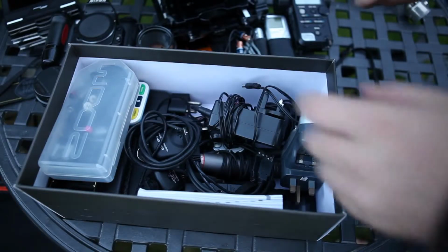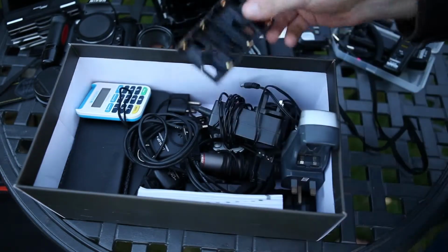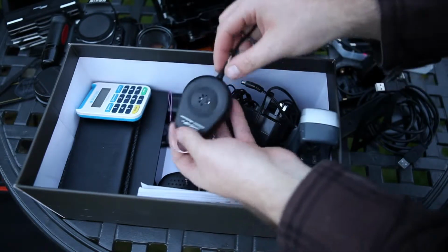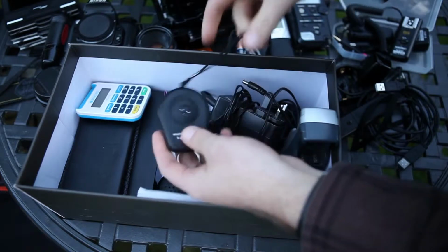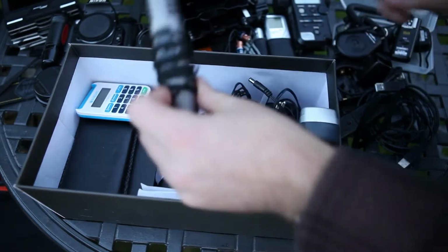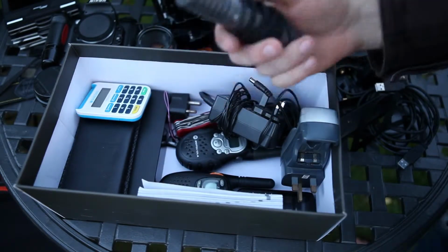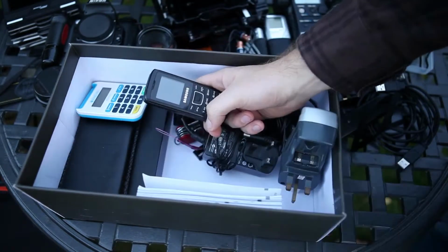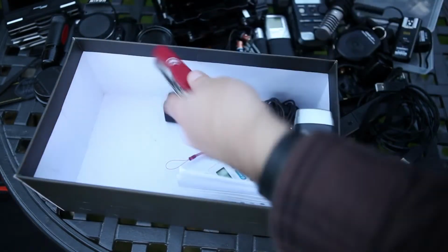On top of all that we have flash triggers, a battery grip, which is on the camera at the moment, a rape alarm. Really useful. Put it in one side of your bag, the other side of your bag, someone opens it up, they get scared, right? Theoretically. Spare stereo microphone for a couple of quid, because if that one goes down you don't want to be stuck with a camera microphone. A couple of walkie-talkies, a spare phone with an Indian SIM card in it, an external 2 terabyte drive, a pen knife,